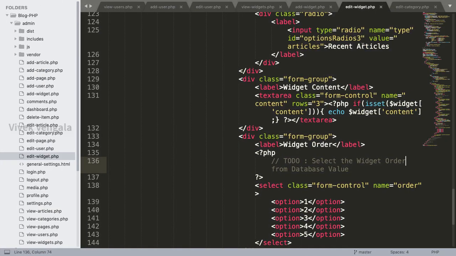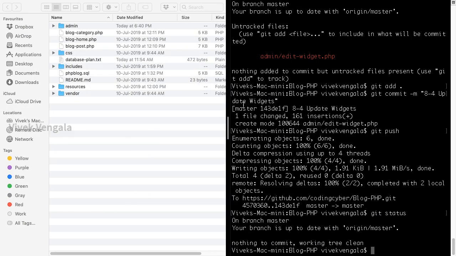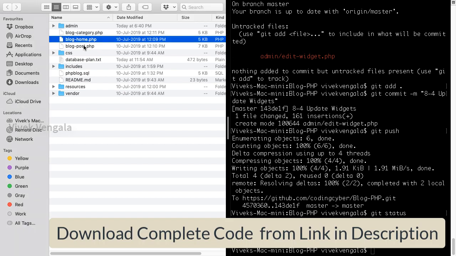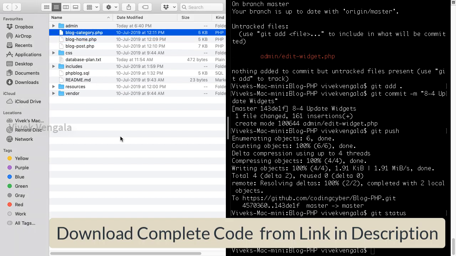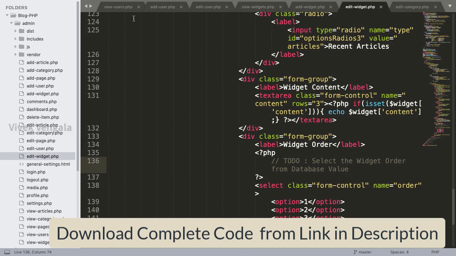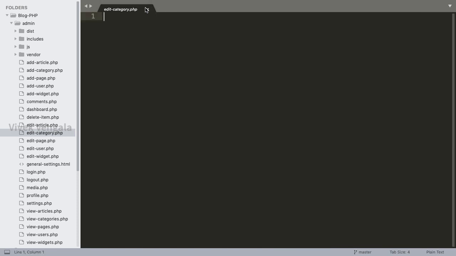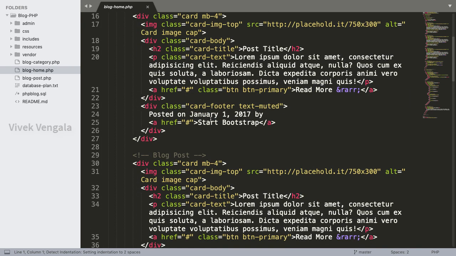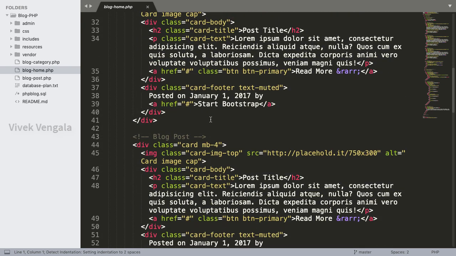Hello, in this section I am going to work on the front-end, that is the blog home page, blog category and blog post page, all these pages. And I am going to close all these files. I'll open blog homepage and I'll rename it as index.php. Only just these 3 files, blog home, and I'm going to rename it from the git command line, so that